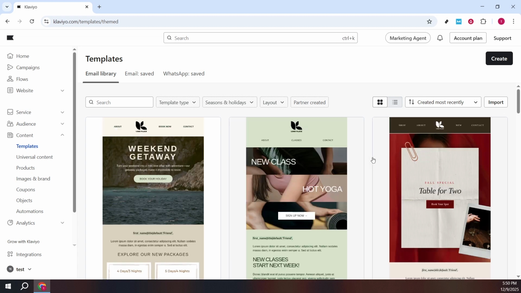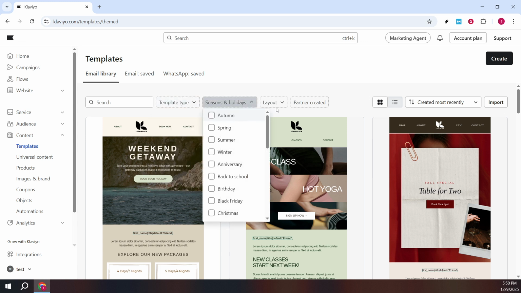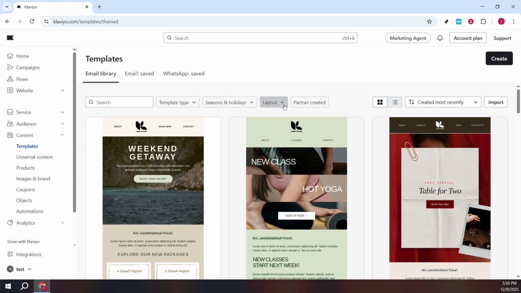Use the search bar to quickly locate a style or theme that fits your campaign. To refine your choices, apply the filters. Template type helps you narrow down formats crafted for different purposes, like promotional emails or flows. Seasons and holidays is great for aligning your content with upcoming events. And layout lets you pick the structure you prefer, such as single column or multi-column designs that suit your content